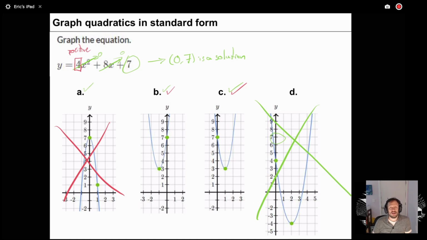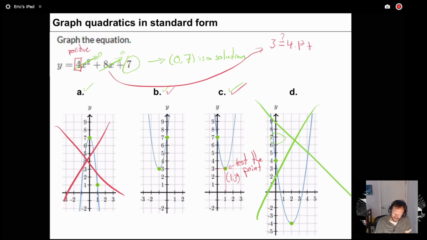We can look at a couple of points and use our equation, our function definition, as a point tester. So test a point. To test the point, we need to determine its coordinates. This point is at x is 1 and y is 3. So we can plug that in, put the 3 for the y, and check to see if that equals 4 times 1 squared plus 8 times